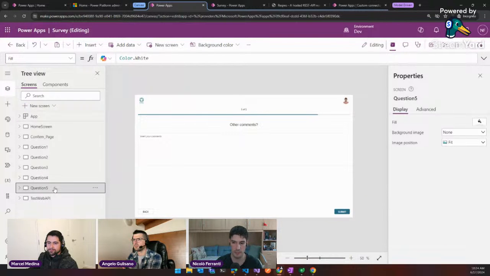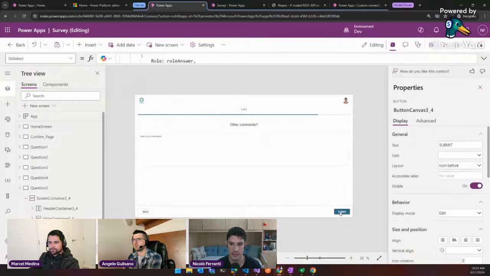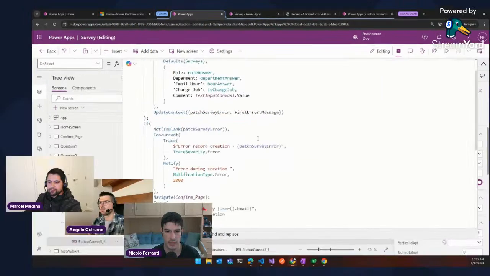Because there's a lot of information that Power Apps Canvas sends out of the box to our Application Insights, but probably in your application you want to have more control regarding some potential issues and enable more details about logging. So if I click on submit, you can see that on the OnSelect property,